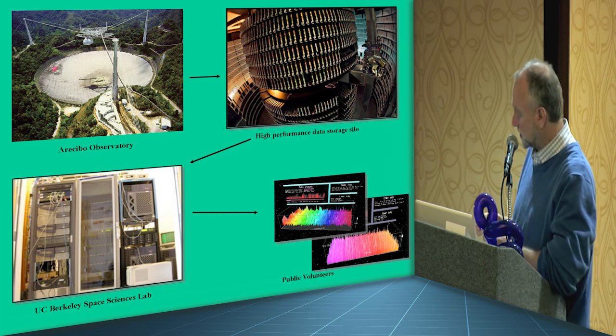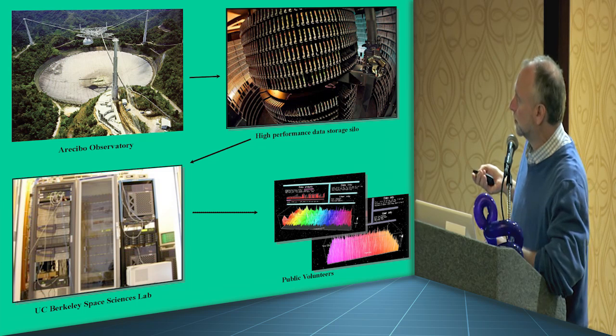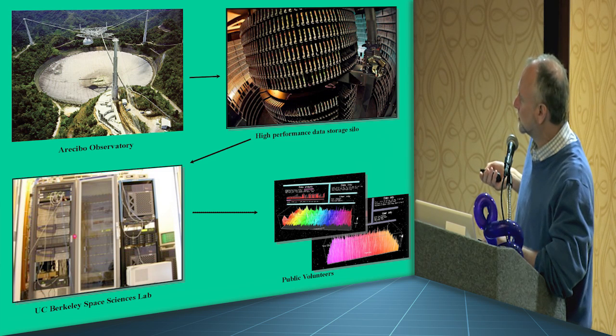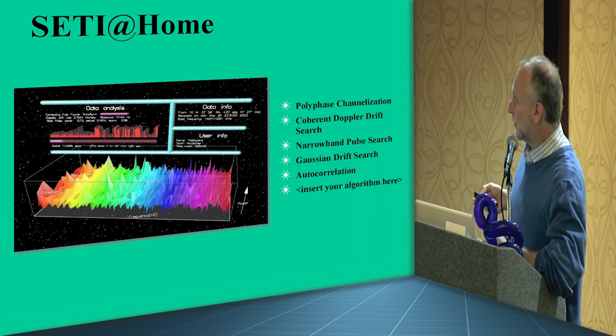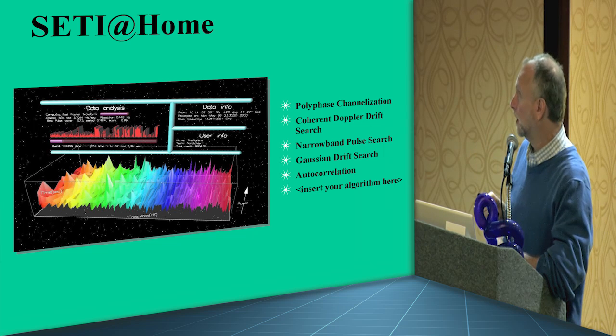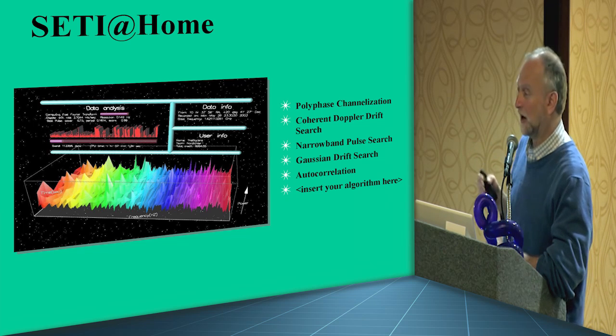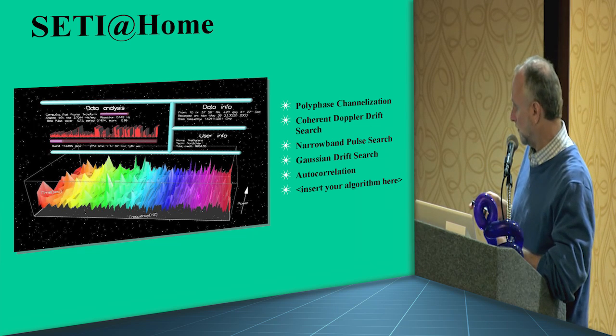So we start with this telescope here. That's the Arecibo telescope I was telling you about. We have about a petabyte of data that we've recorded. We store it at NERSC, the National Energy Research Scientific Computing Center. And then we break it up into work units and send it out to the volunteers. The volunteers run this little screensaver program, which downloads one of these little chunks of data, and it takes a long time to analyze it. So this is a lot of computing per bit. We don't need a lot of network help for this kind of thing.